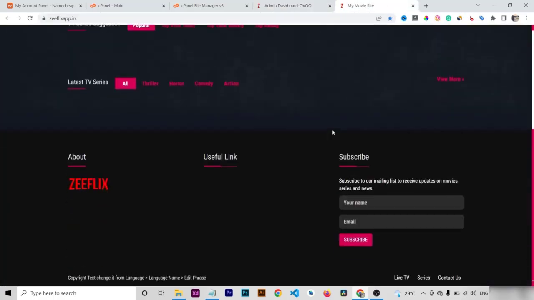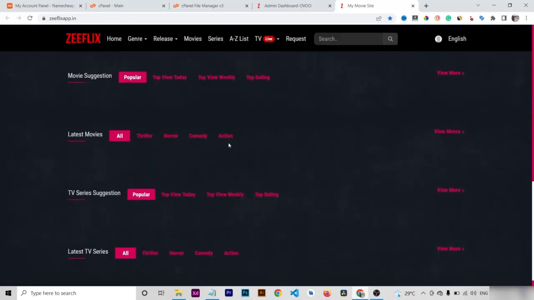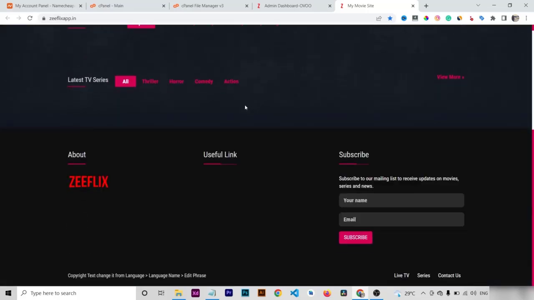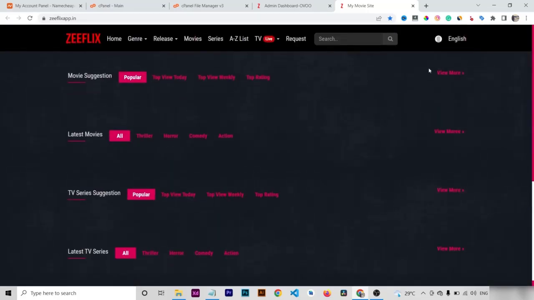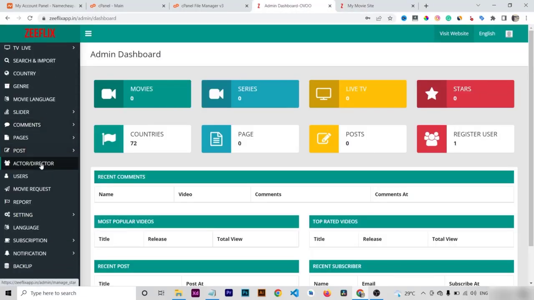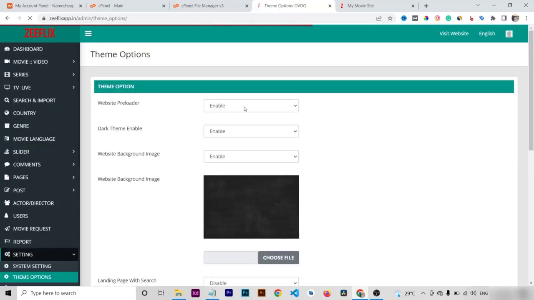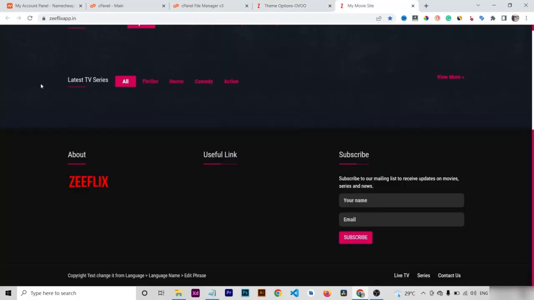So this is the front view and this is the back view, means admin panel, right? Now you can see here our main color is red and here is pink. So I don't like this pink things, so I have to change the things, right? So for that we can go settings, theme option, and here you can see first option is preloader, means